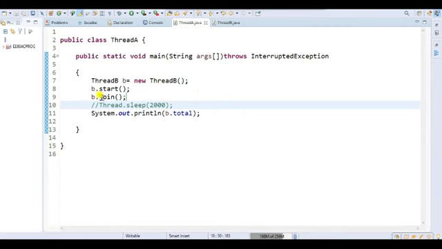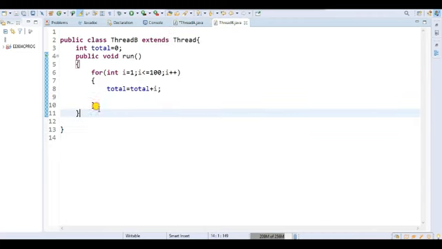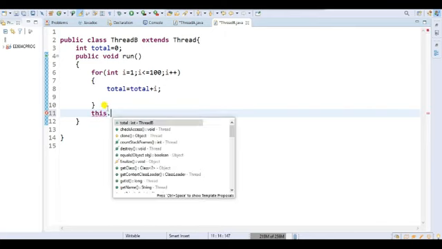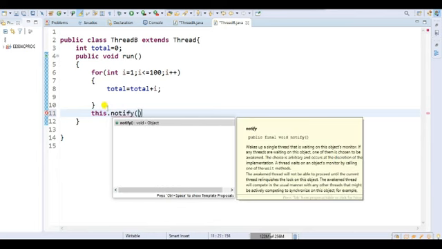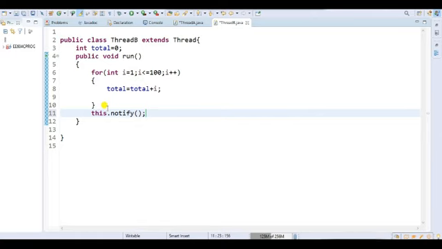So that's why we use the wait method instead. If I call the wait method, then from the other side we have to notify, so this.notify. Who is going to notify?